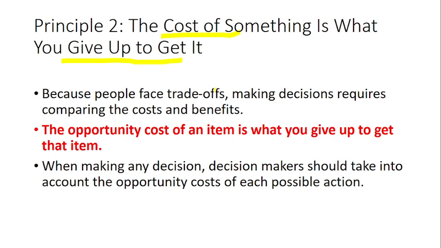The cost of something is what you give up to get it. The cost of education is the time which you give up for playing football or cricket. That means if you try to spend more time on studies, then you have to forego the time for playing cricket or football. That means you are giving up something to get something else.